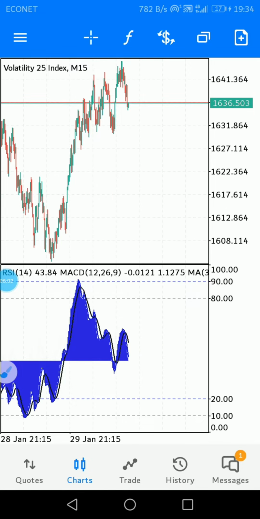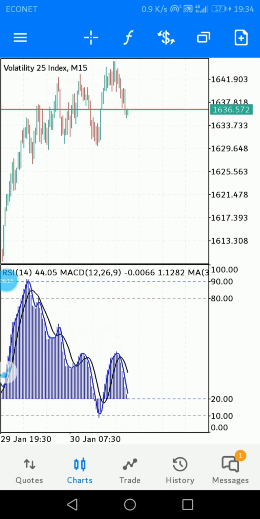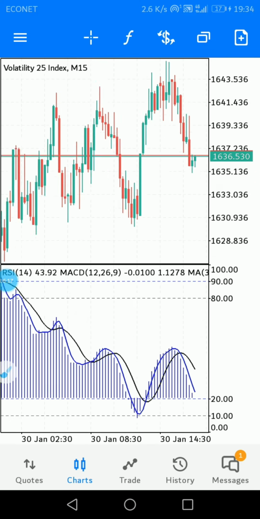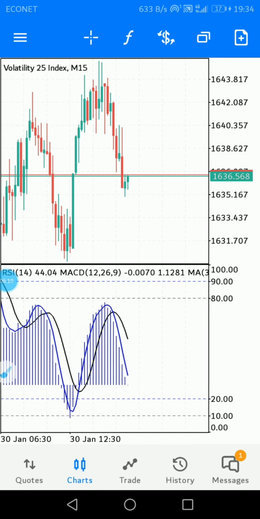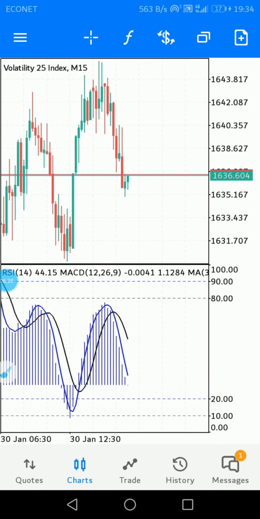Now, rule number one is choose one zoom level and stick to that, right? For me, my best and my personal favorite is when my chart is moved up like this, I zoom for the first time and then they become like this, and then I zoom again for the next time, and then my charts are going to be looking like this, right? And once you pick this zoom level, you need to stick to this zoom level and you never change it. Whenever you open your charts, you keep to this zoom level and then you stick to